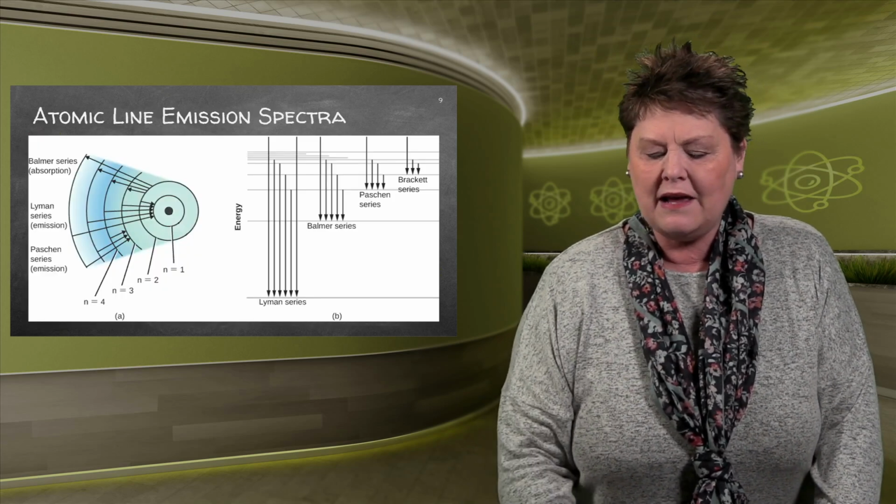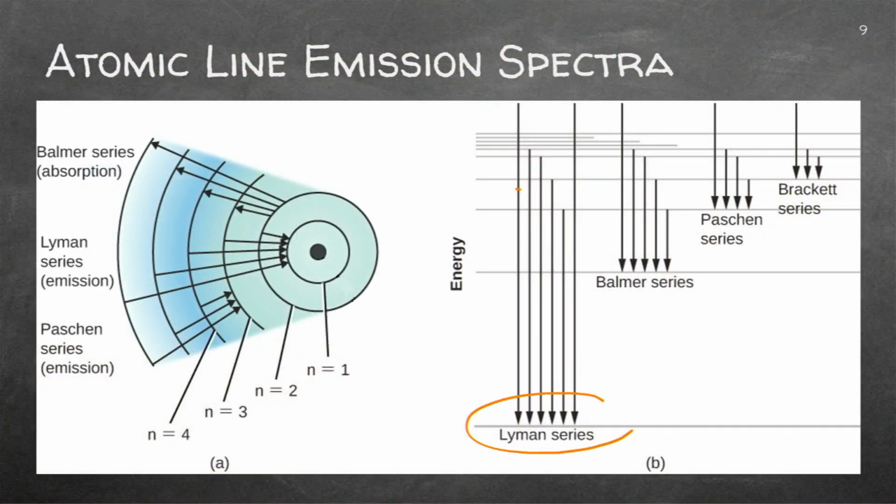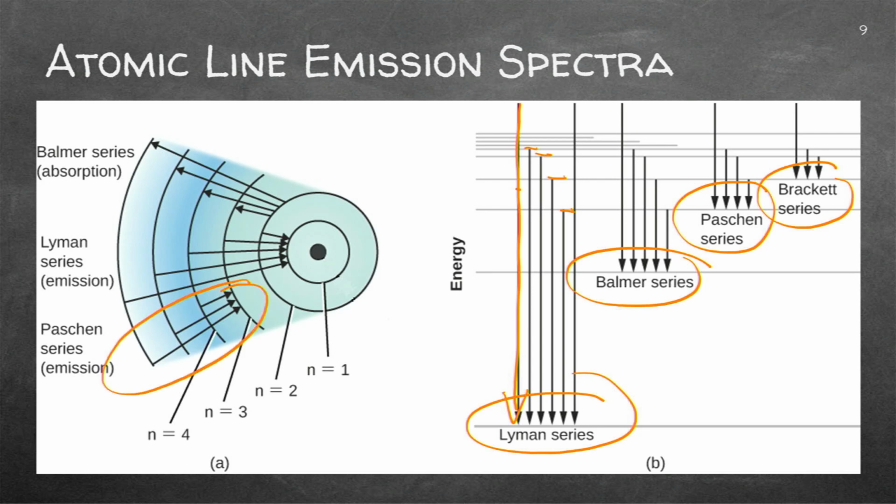Right, let's have a look at different series. Now, they've identified different series with the fact that it's coming down from a different level. Can you see the Lyman series have got a few electrons coming from different levels there, and it will exhibit different colors because we know the energy is related to the frequency is related to the color. And you can see this is just another way of putting it. Can you see here's the Paschen, the Lyman, and the Balmer series. So you can see the different light being emitted there.